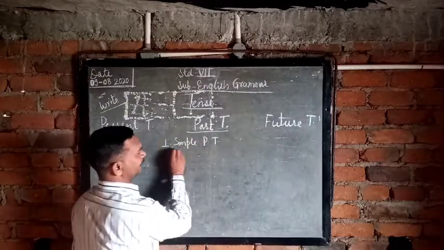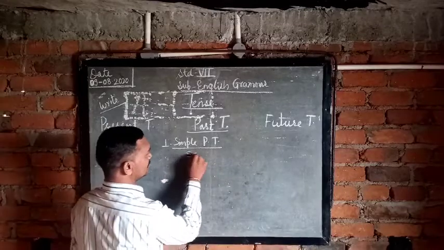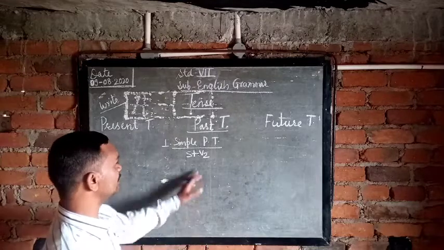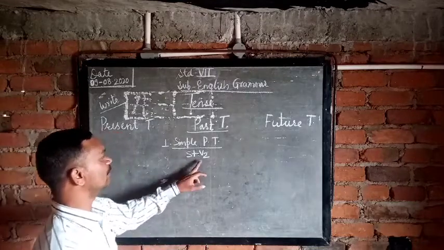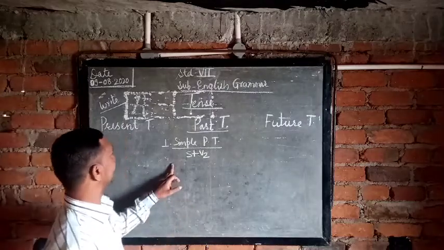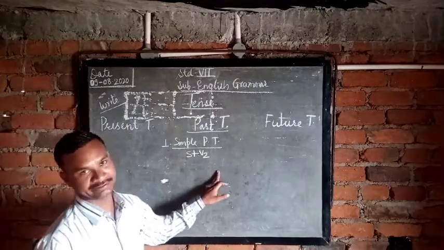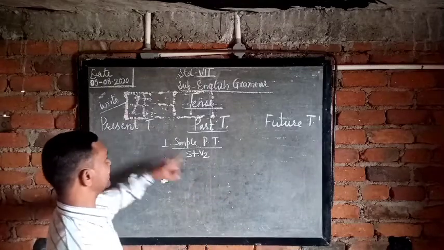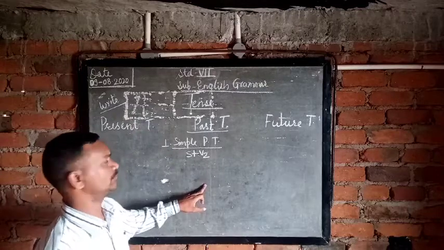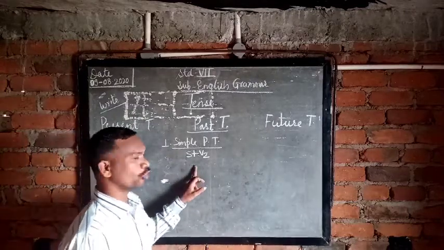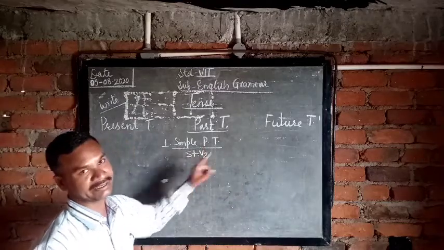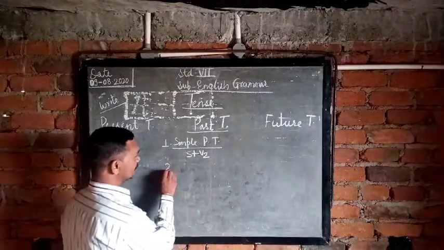The formula of the simple past tense is S plus V2, the second form of the verb, and this is easy for everyone. The example is: Sneha wrote a letter. Past tense V2, the past tense of write is wrote, so Sneha wrote a letter. This is a great example for the simple past tense. Now we take the second